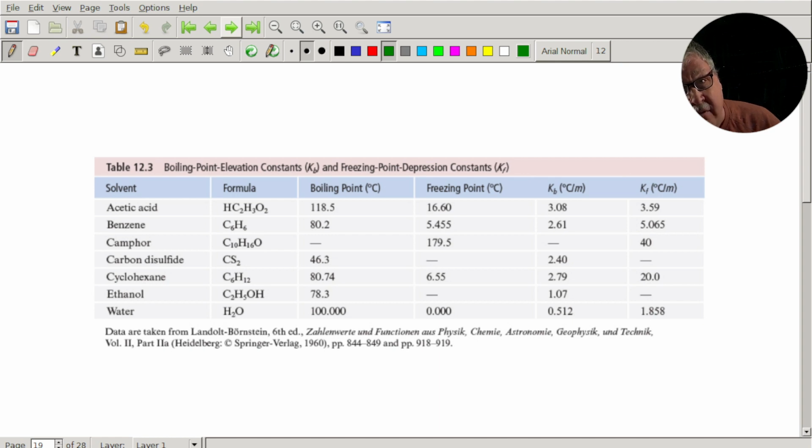So if I'm going to ask you to work with these equations, I have to give you information like this. This comes from another textbook, but your text has the same sort of information. Perhaps not as extensive, perhaps a little bit different. Let's look at water, since we've been talking about water so far. We know that the freezing point of water is 0 degrees Celsius.